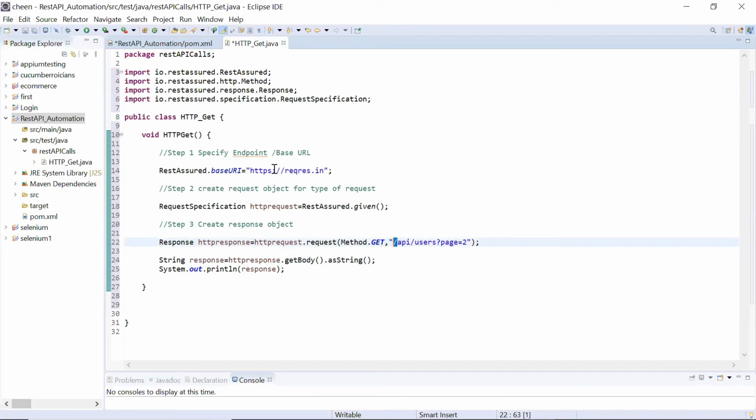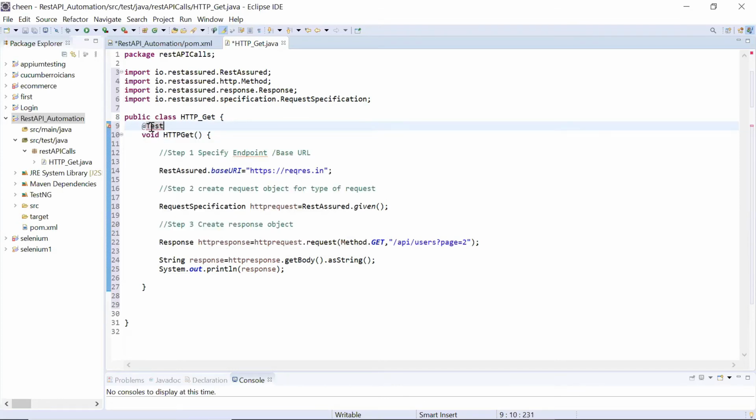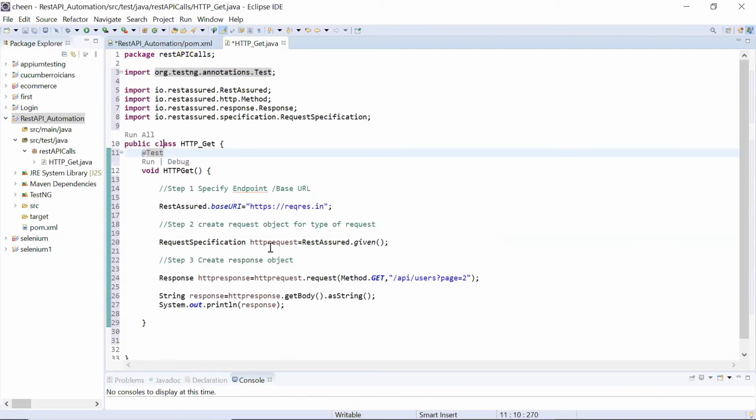In order to run it, guys, because this is TestNG, and you remember for TestNG, definitely I have to give the @Test annotation. So I'll write @Test. For that, first, guys, you can add the TestNG library. The second thing you're going to do is import org.testng.annotations.Test. Don't do org.junit. Now you can see it will look like this. Let's see how it's going to work.